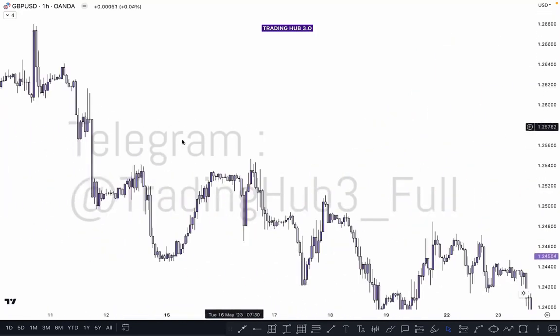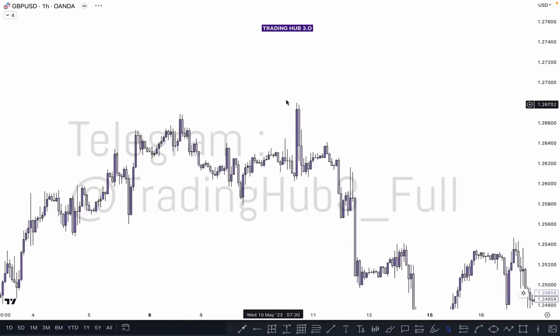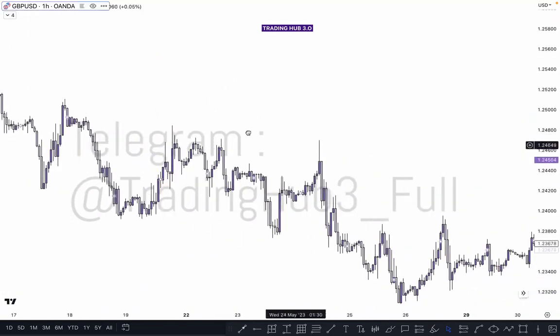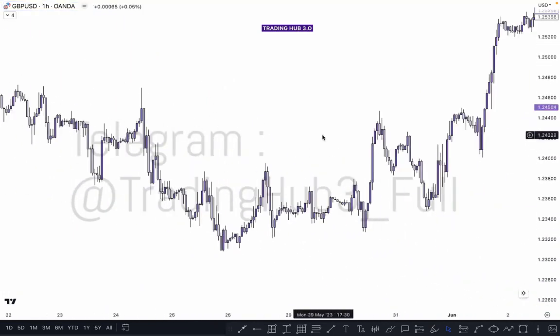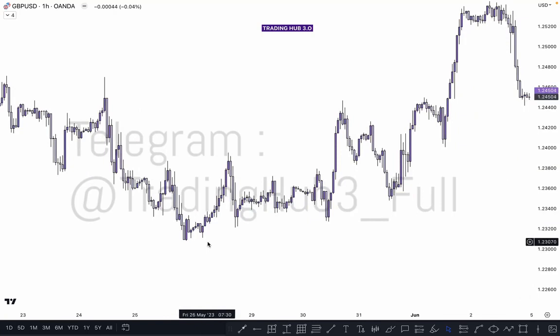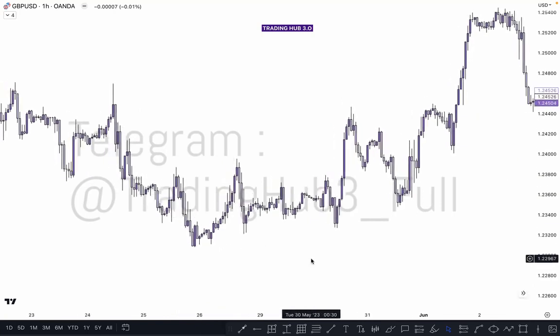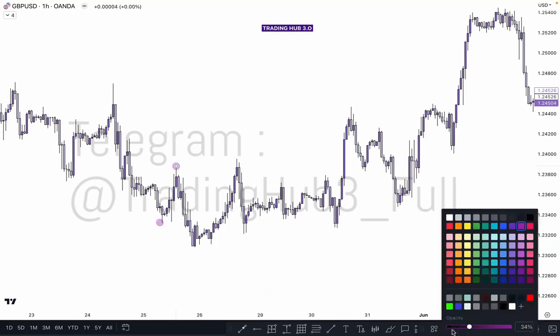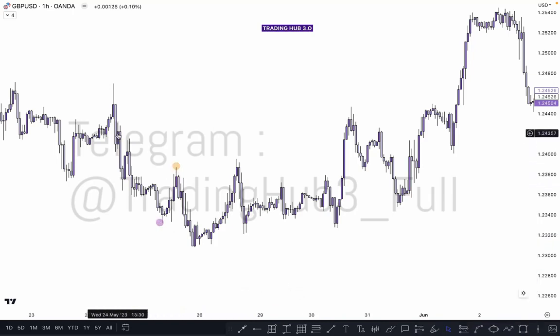Okay, so look at this one. As we have done here, the market momentum was bearish, so we started from the top of the move. Now market momentum has shifted bearish to bullish, so you have to start from the bottom of the structure. So before marking the present structure, you have to mark the bottom of the structure, the previous swing structure. At this price, look at this one. This was our previous swing lower low here, and this was our lower high at this point. So what happened after this, when market creates previous lower lows and lower high and breaks the structure, and again the next time if market closes above it, like a lower high,